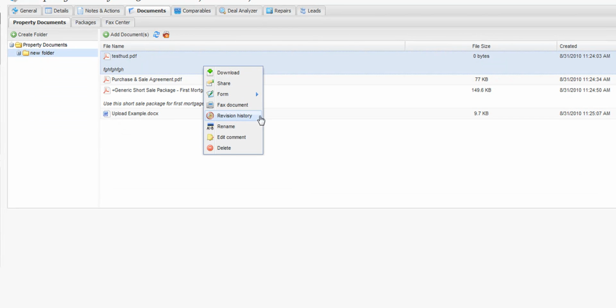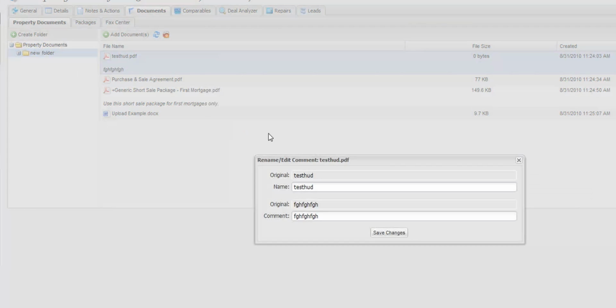The other options are you can rename or edit the comment. So right now we call it test HUD. We'll just call it HUD. The comment will change to